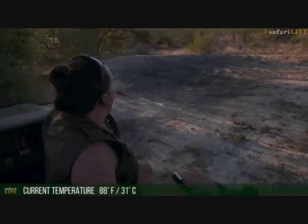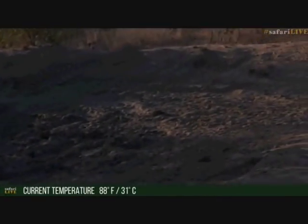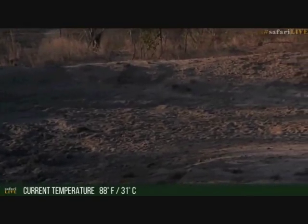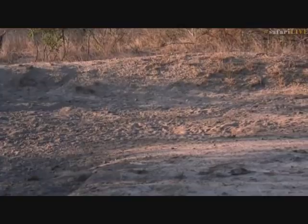Hello everybody, welcome back. We had a brilliant Mvula sighting, and now we're just busy driving around, seeing what else we can find. It's a wonderful, warm, slightly breezy afternoon. We've just come across this mud wallow, and I just want to sit and chat about it a little bit. A mud wallow of this size takes roughly about 7 years to build, sometimes up to 10 years, sometimes